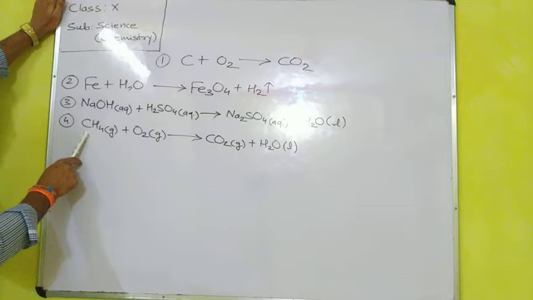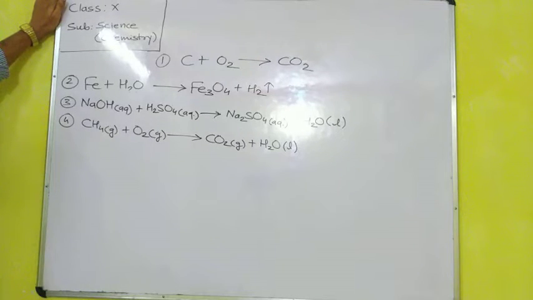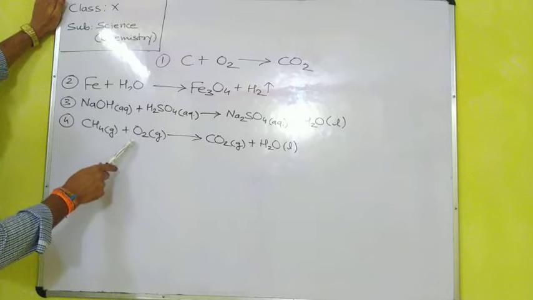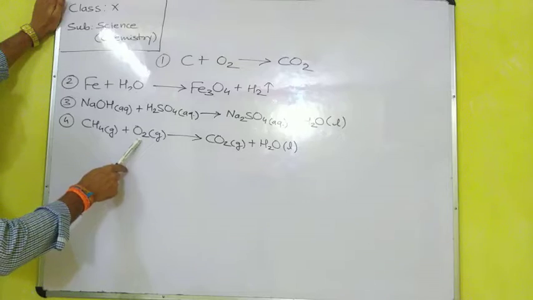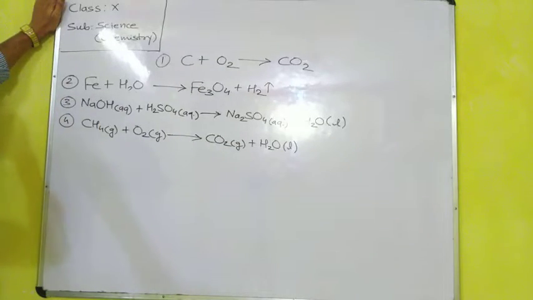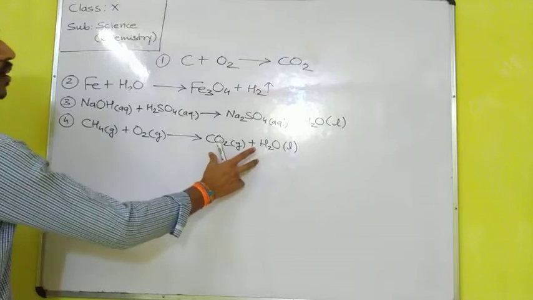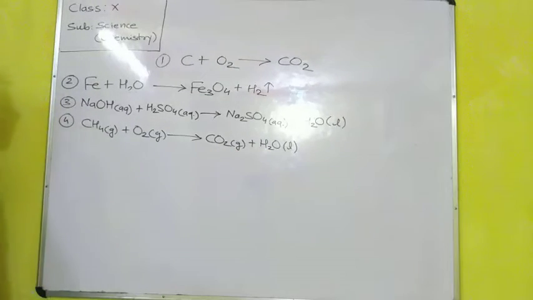So the atom of carbon is 1 in the reactant side. Atom of carbon is 1 in the product side. Okay. Next step we have to balance the atom of oxygen. 2 atoms of oxygen are present in the reactant side. 2 plus 1, 3 atoms of oxygen are present in the product side. So here we cannot multiply directly because it is an odd number. So we have to convert it into an even number.